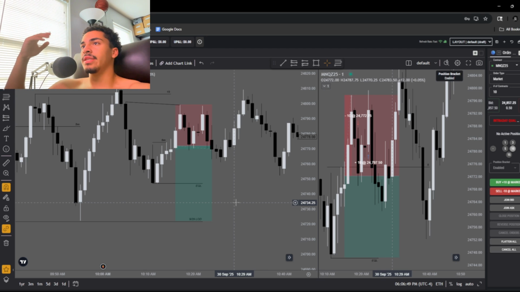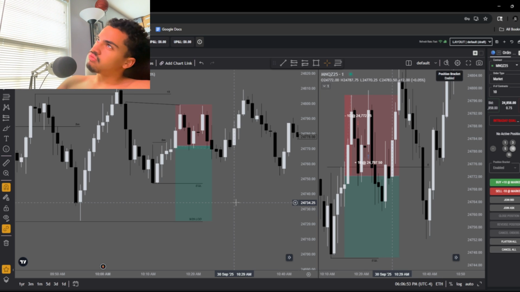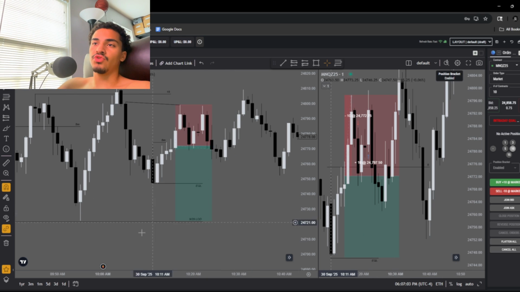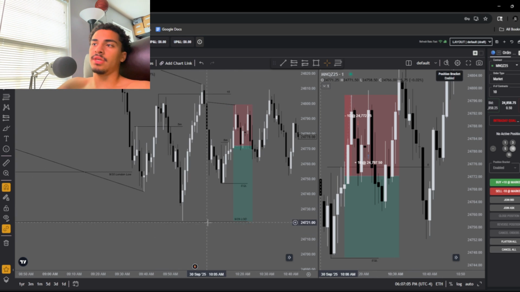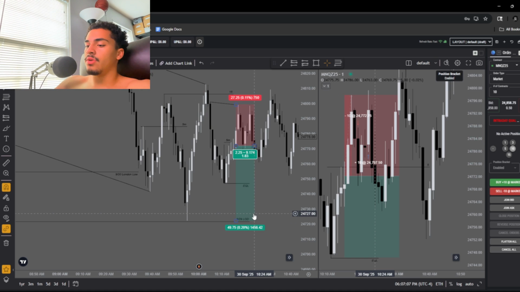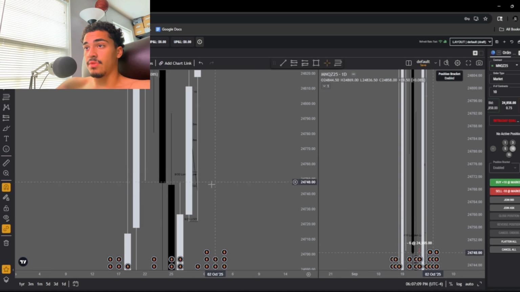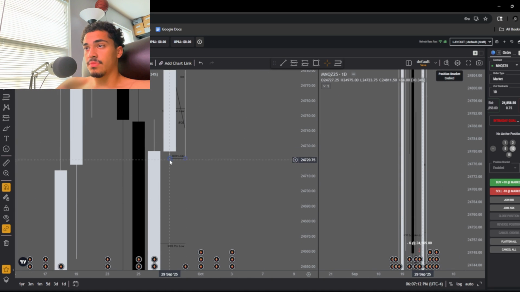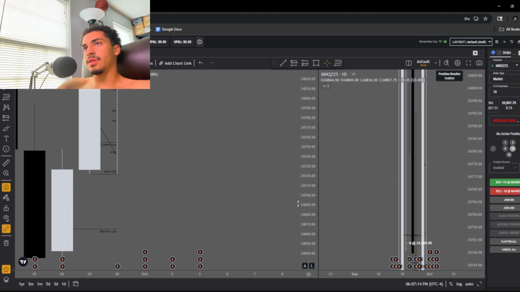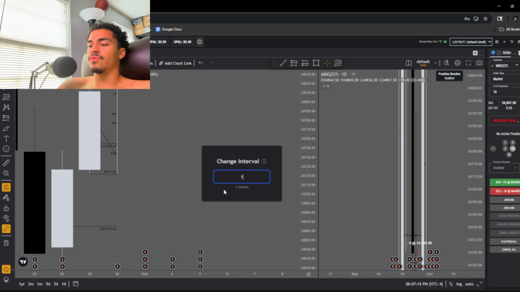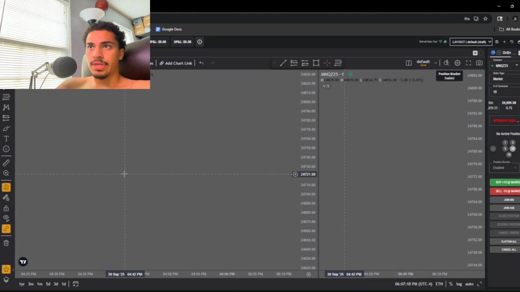I'm not taking these C+ setups. Like this, to me, I'll say B to B+. More so B. I want to lean B.5 towards B+ because of what the draw is. It's just a sell side draw essentially at this point. It's a wonky low of day because it's actually from Sunday. It wasn't even Monday's low of day. This is from Sunday night, because that 6 p.m. open on Sunday counts for that Monday candle. It technically is Monday on the charts.